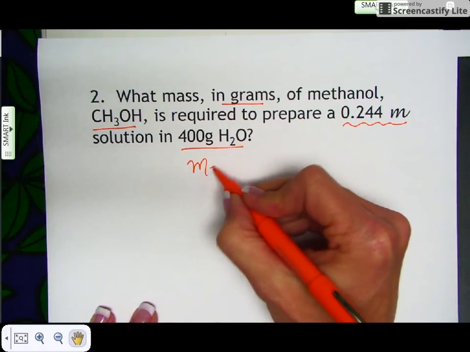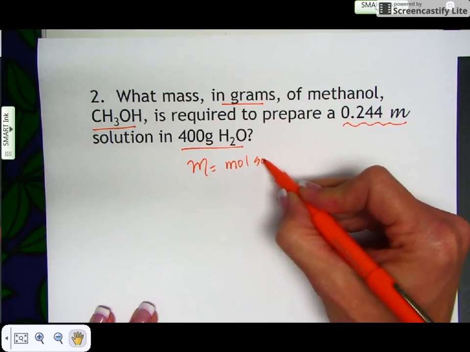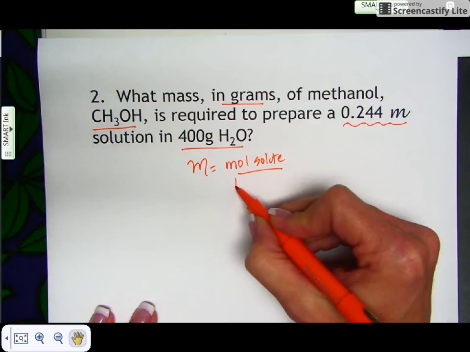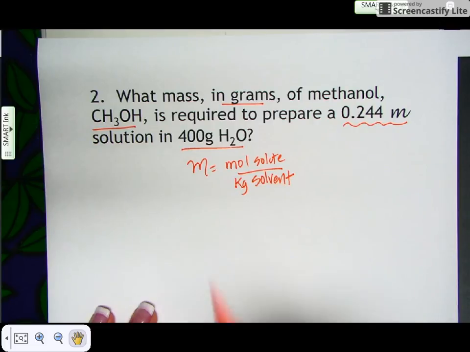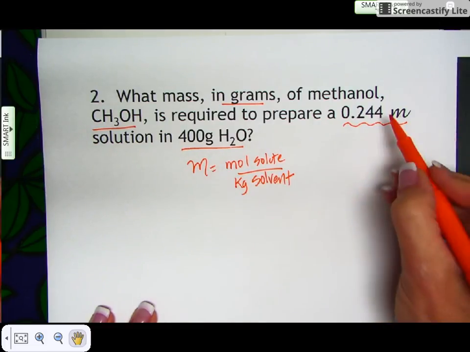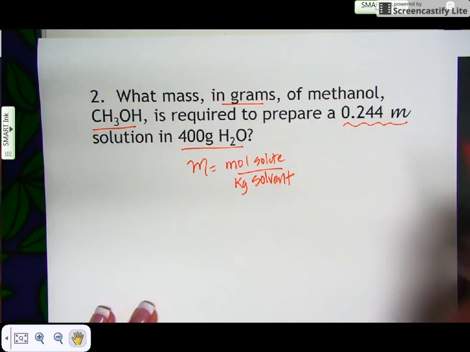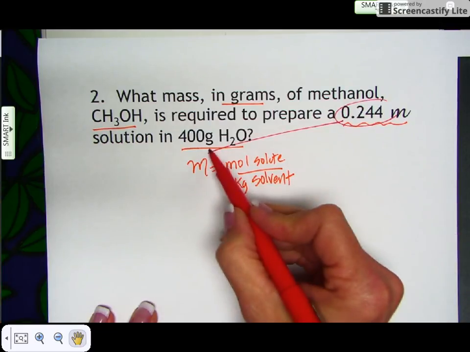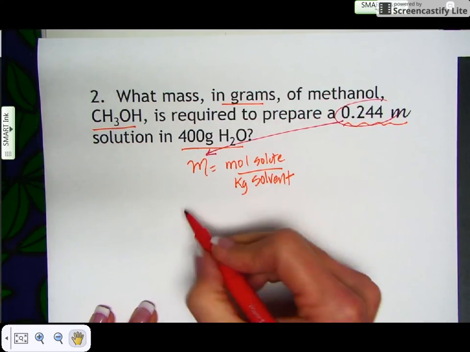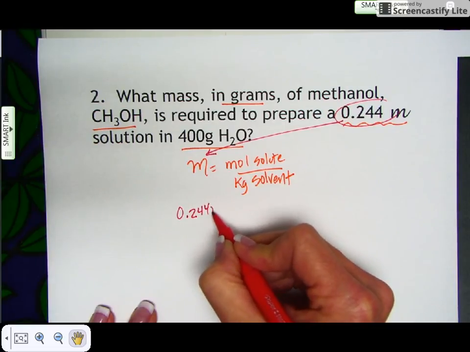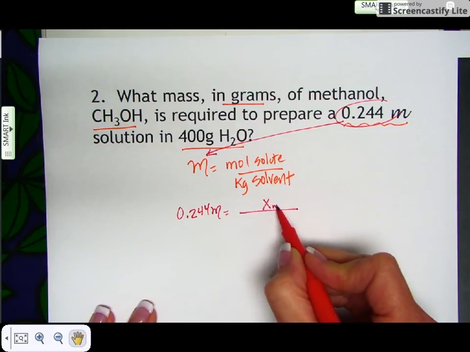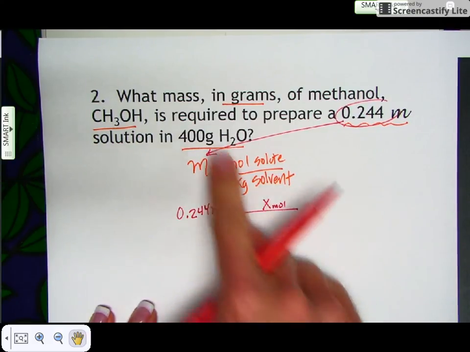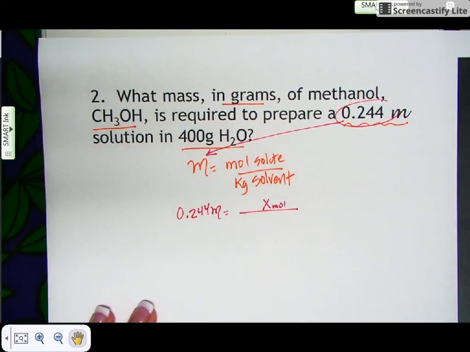So let's write our formula down. Molality is equal to moles of solute per kilograms of solvent. One more time. In this case, the solvent is the water and the molality is given. So the difference in this problem is they're giving us this number. So let's plug it in, 0.244 molal. So we're going to have to find the moles of our solute, and then when we find it, we're going to go to grams. The solvent